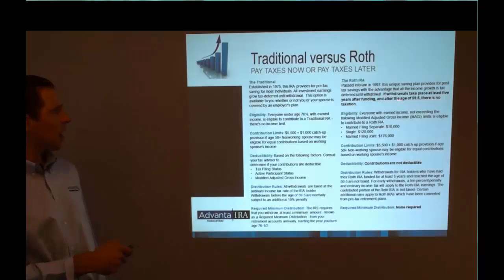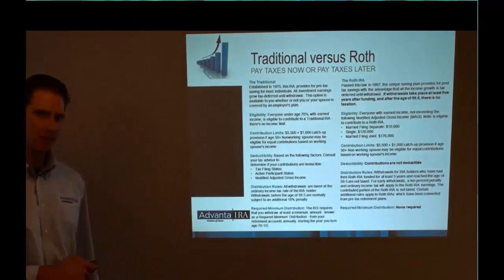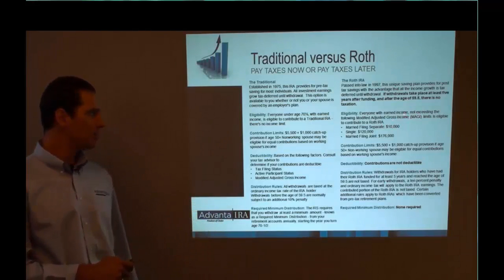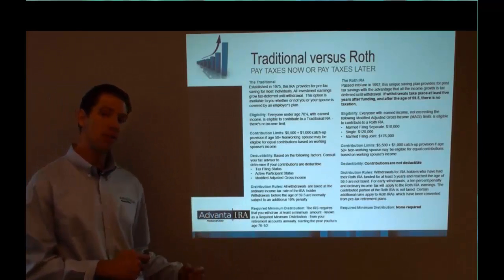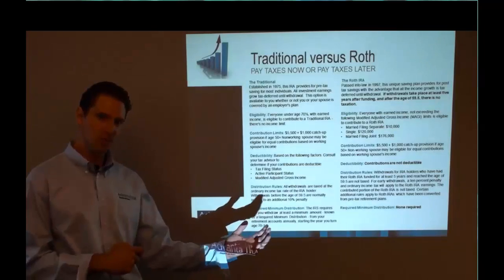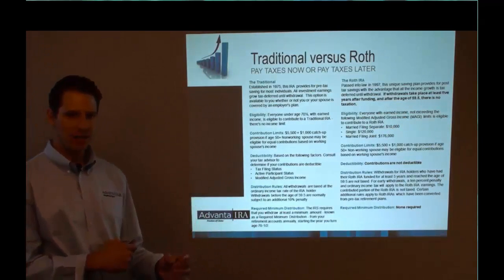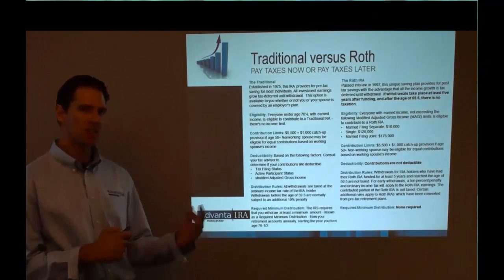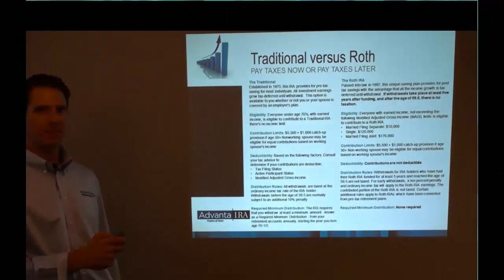As opposed to with a Roth IRA, you're foregoing the front-end tax benefit and taking a back-end tax benefit. Meaning when you make that contribution to the Roth IRA, you're not going to get the tax deduction. However, when you do go to retire and you're over 59 and you're taking the money out, you do not owe any taxes on that money. This has a greater back-end tax benefit. One thing to sum this up with a little metaphor is with a Roth IRA, you're taxing the seed and